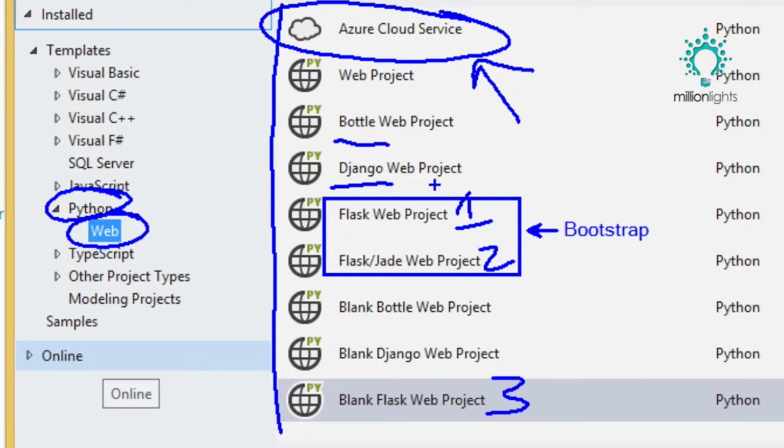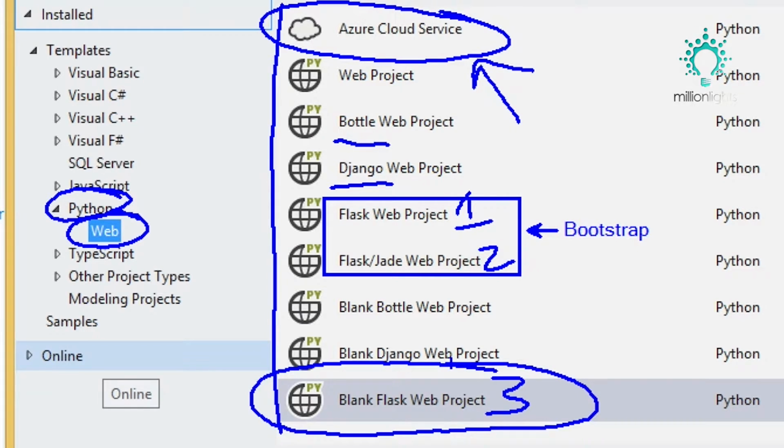Yeah, we want to get started. We want to have our first website up without a massive learning curve. Exactly. And so I do love Bootstrap, and once you learn it, it will make your life so much easier. Yeah, but it's a good next step. Exactly. We want to keep it nice and easy, so we're just going to go with our blank Flask